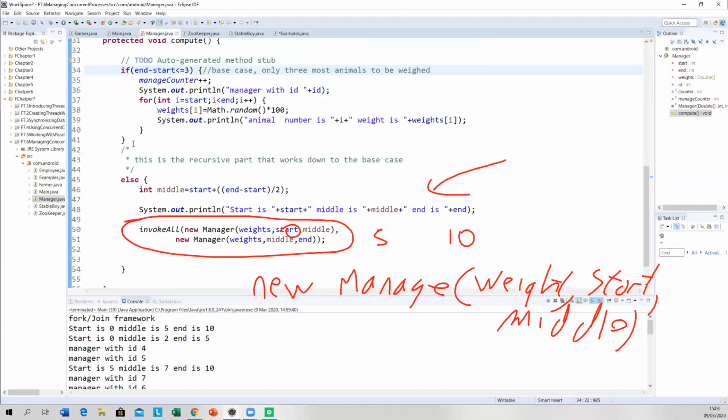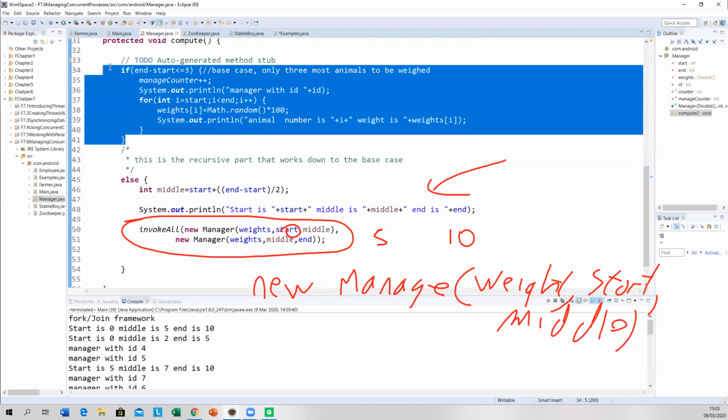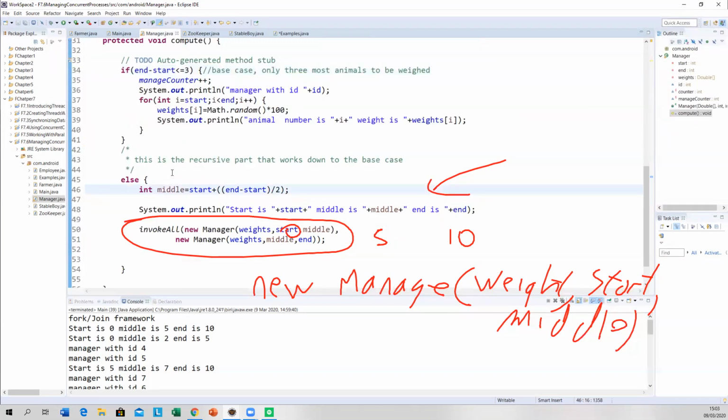Okay? And the end and start is not yet at 3. So it sends in the manager, which is going to have a start of 0, a middle of 5, and an end of 10.